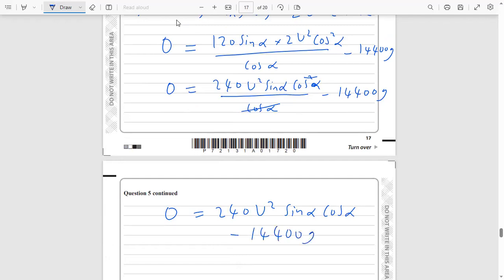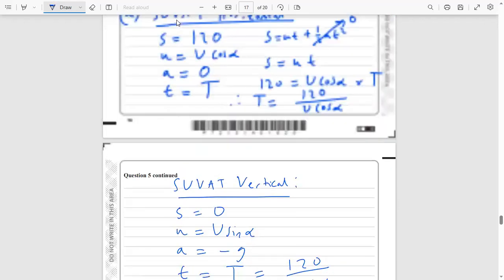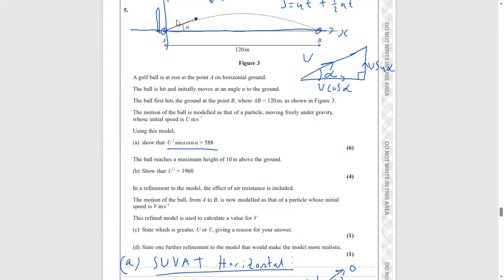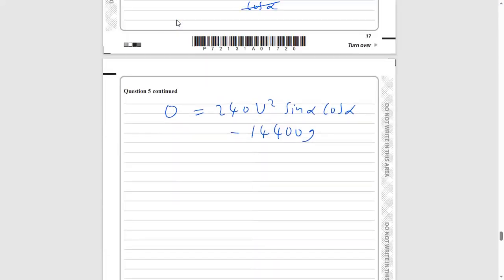So we're getting closer and closer to our answer. If we go back to the question, it doesn't say what value of g we have to use, so we're going to use g equals 9.8. That's the value we're going to use. So if we take g equals 9.8, then we get 0 equals 240 u squared sine alpha cos alpha, and then take away,